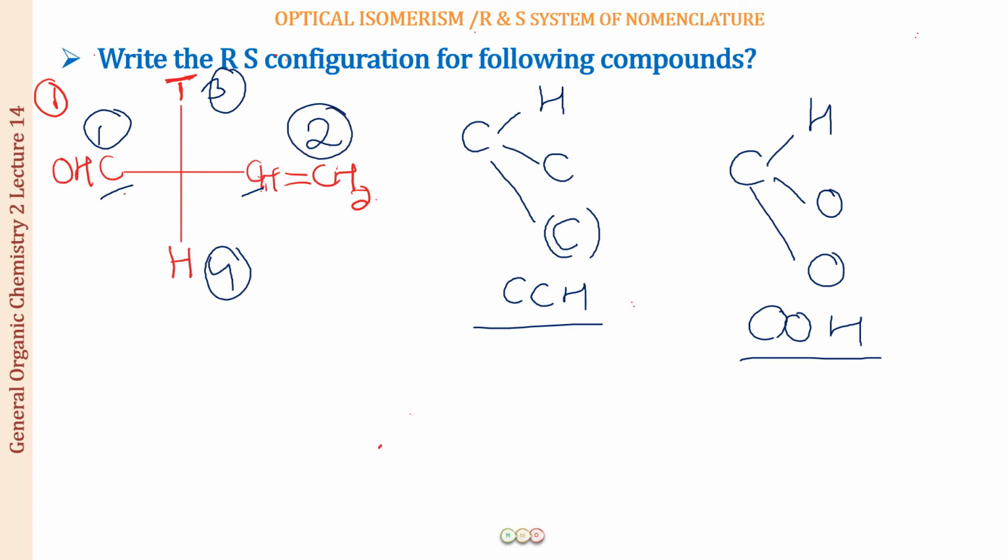Fine. So now what you can see is that the hydrogen is always already present on the vertical position. When it is present on the vertical position, crossing over it from 1 to 2, what you can see is this is in the anti-clockwise direction. Anti-clockwise direction, hydrogen is already on the vertical line. You have to just follow the curve of the line. So it is going to be S configuration. Okay, so this is a S configuration. I hope this is clear, no problem. All right, let us move on to the next one.